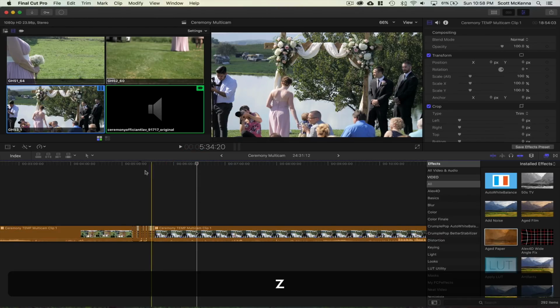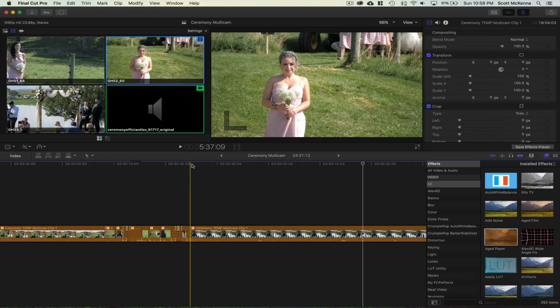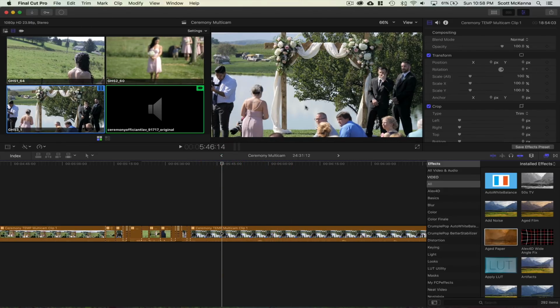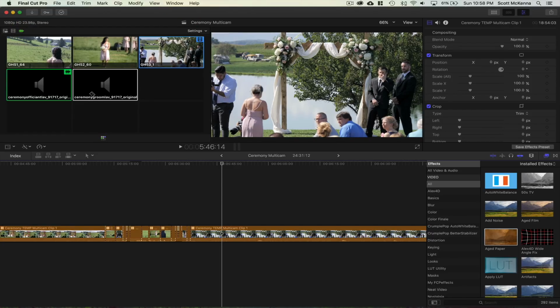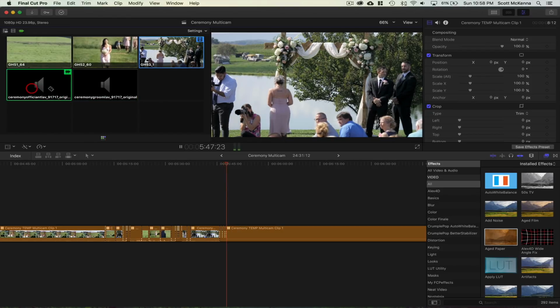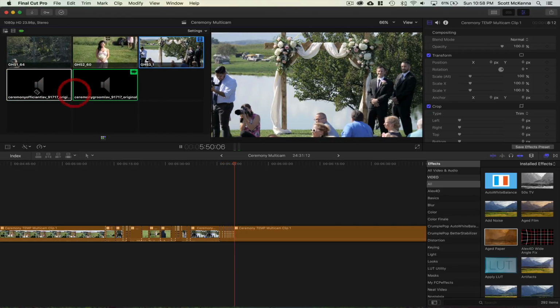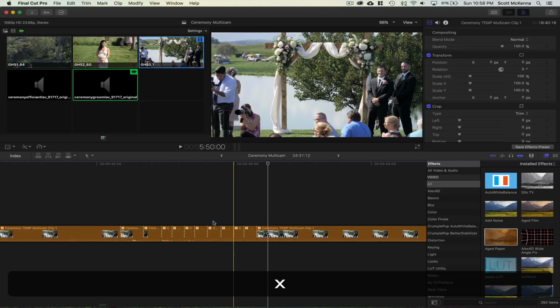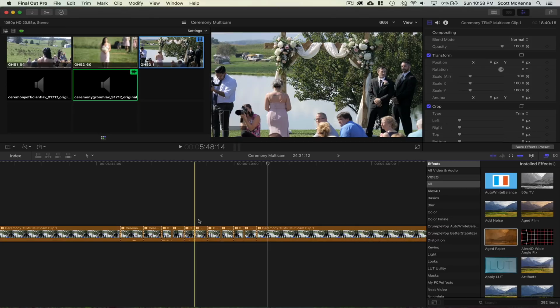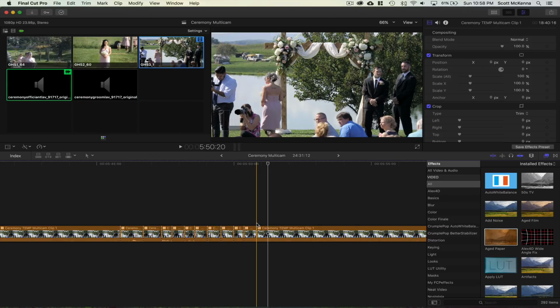So the same way that you can cut video multiple times, you can do the exact same thing with audio. Let's say this was all one camera and you had 14 different audio sources. If I choose to do 9 angles here just so you can see both audio sources, I go to audio only cuts, and then I go through here listening to the ceremony and cut specific audio. It'll do the exact same thing, but all it's doing right now is cutting the audio sources. It will still make those blades, letting you know that a cut was made, but you can see how it's switching back and forth up top there.